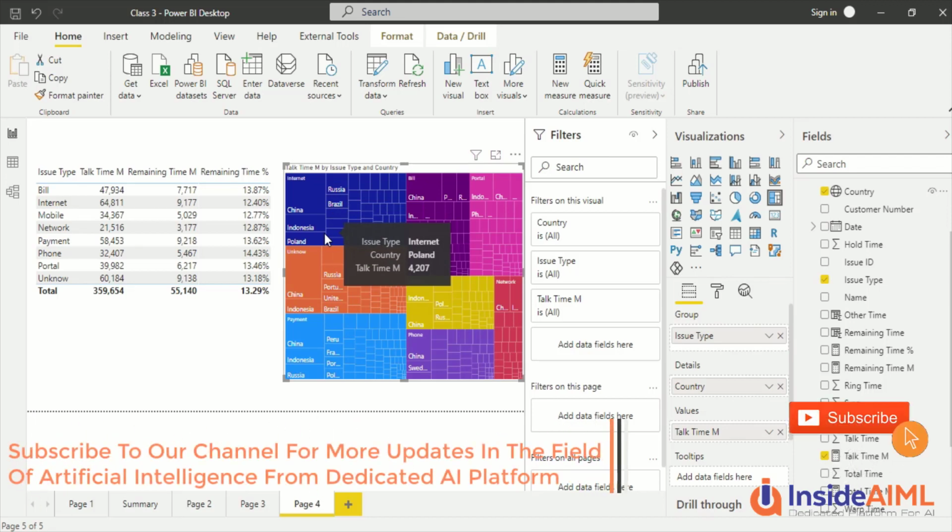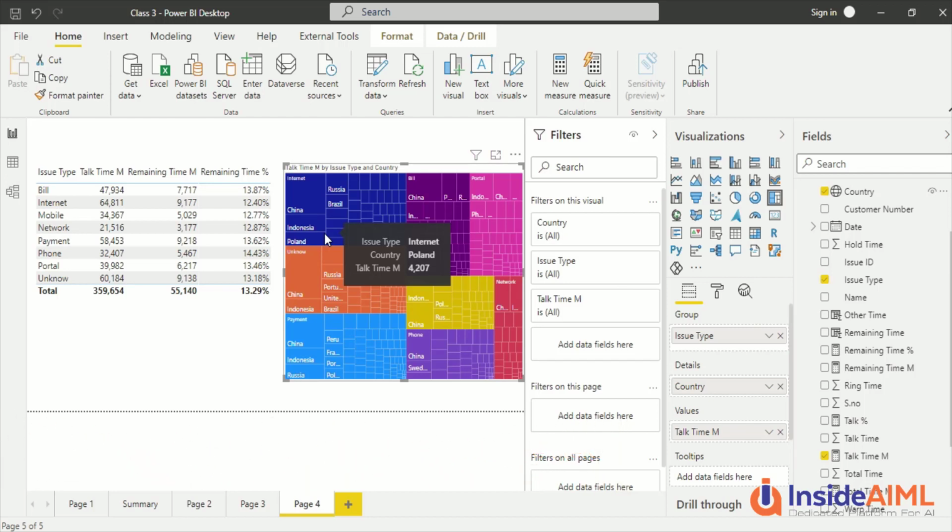I might have called it heat map, but this is the tree map, and sometimes it is also known as heat map, but there is a different visual which is also known as heat map. So this is the tree map visual which we wanted to have. So I'm hopeful that you might have tried out all these options, and now what you have to do is, you have to play around. You have the data, you have to create different sets of columns, different sets of measures, and play around with all these properties. You have to create different kinds of summarizations.